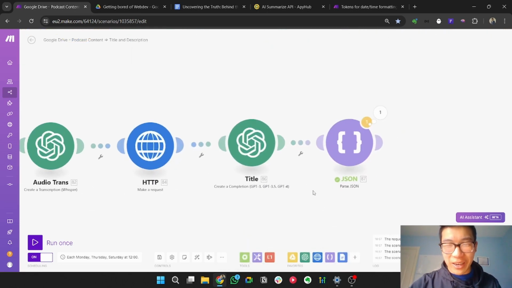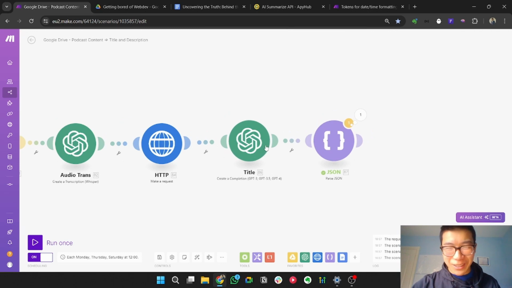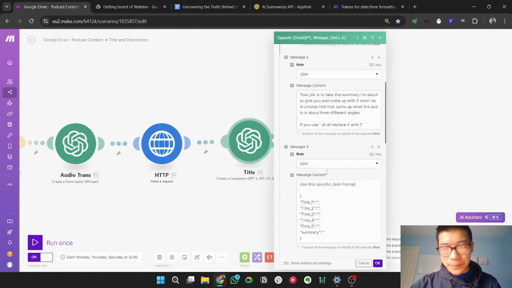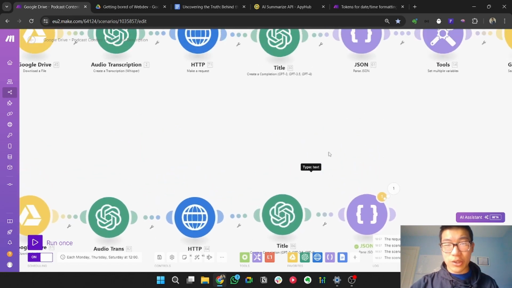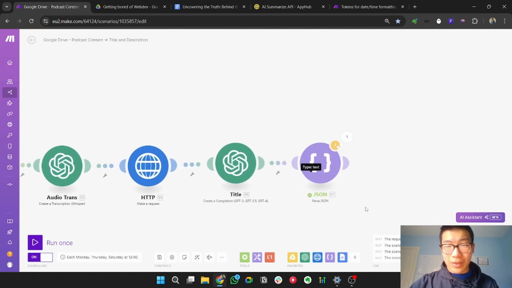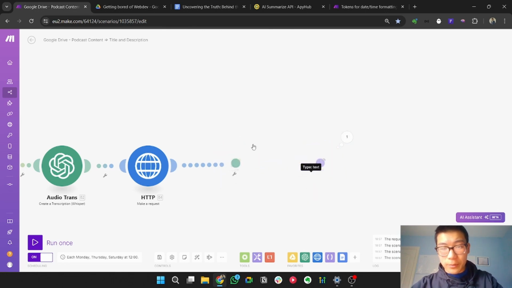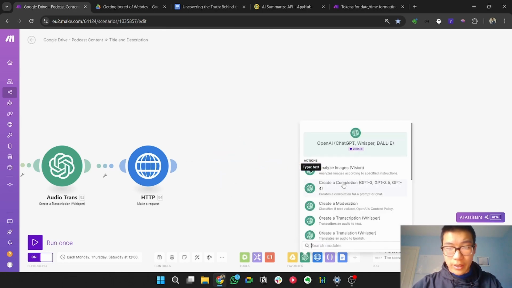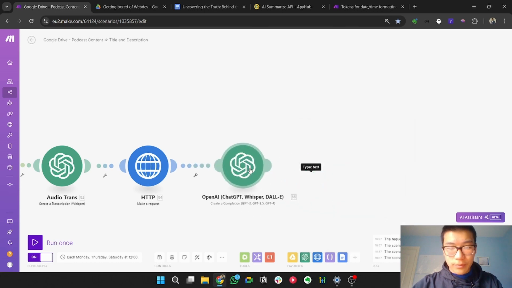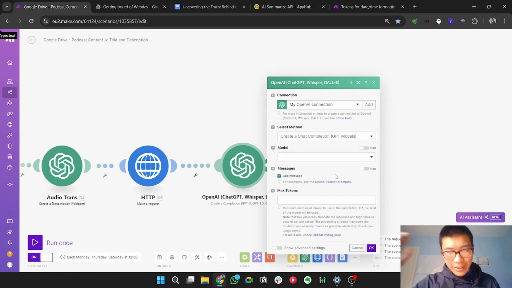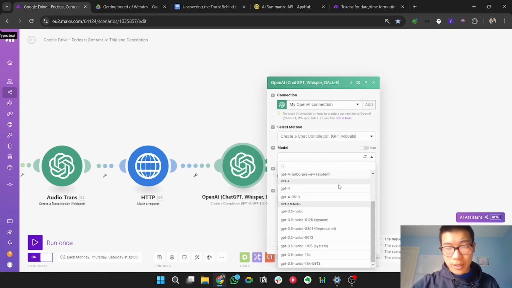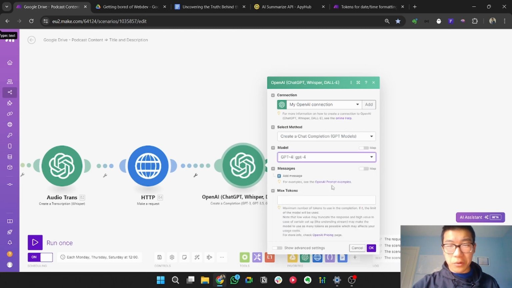Now to show you where I built, because you guys didn't exist, because stuff disconnects. The next module is to develop the titles necessary for the script. Oh God, what am I saying? So what you'll need to do is set out, first of all, a ChatGPT module. You can use GPT-4, whatever you want really.